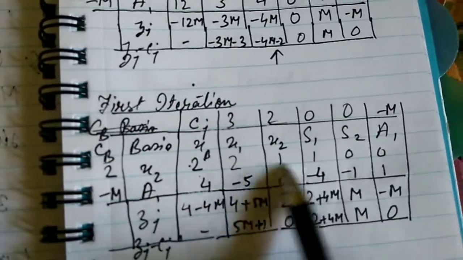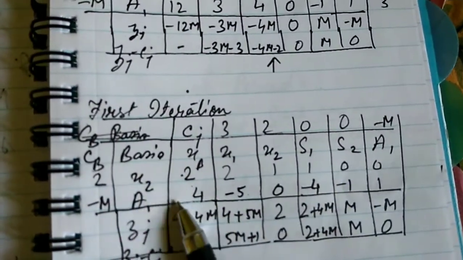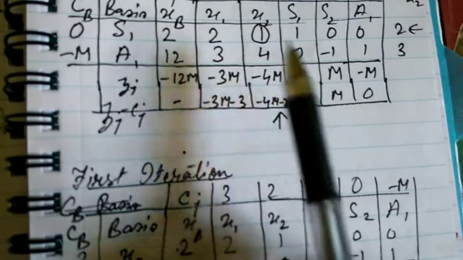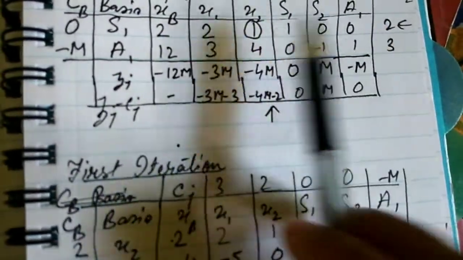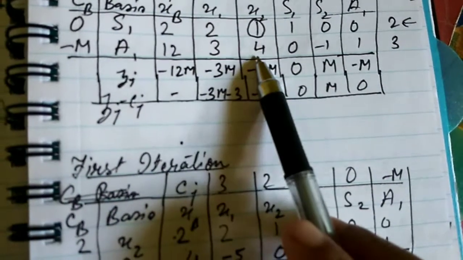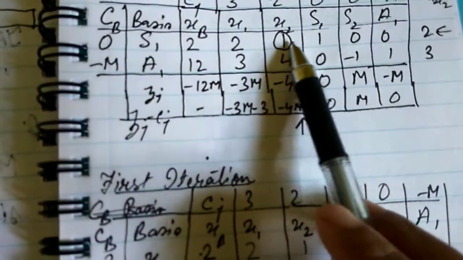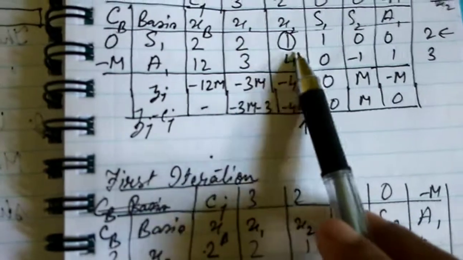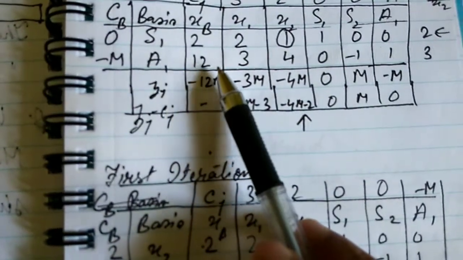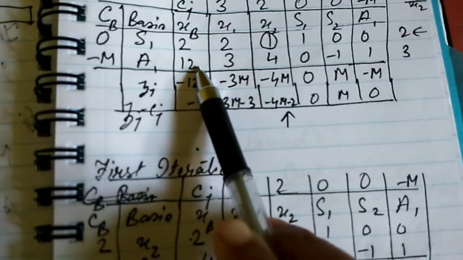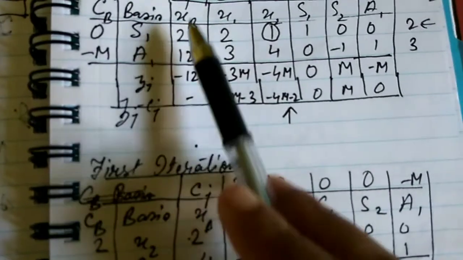Now, for calculating the other row, we need to identify the key column element first. What is the key column element here? That is the element in this particular row which is present in the key column. It is 4, right? And the key element is 1, it will remain the same, and the rest of the key row elements will go on changing. For this place, what will be the key row element? The parallel one in the key row, that is 2.